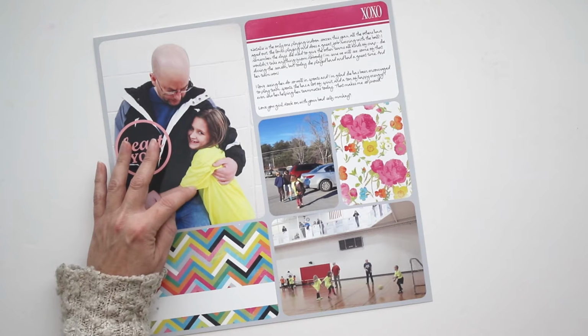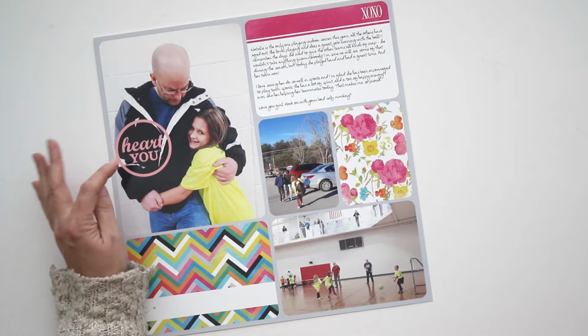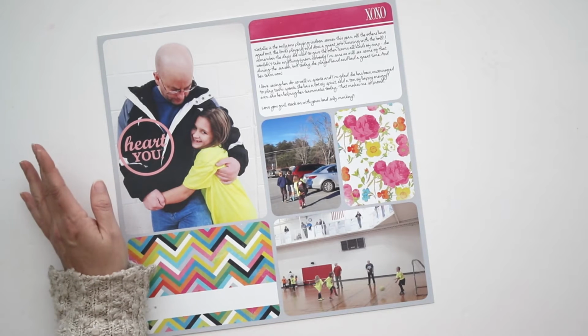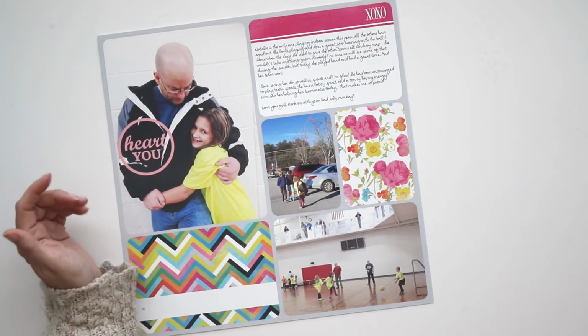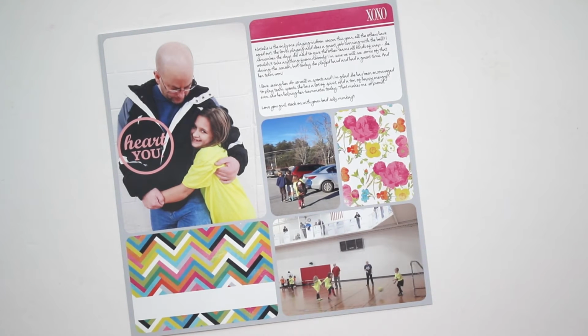And then I also edited this photo in A Beautiful Mess, their app called A Color Story, and I think I used like the pop filter or something like that. It's in one of the basic ones that you don't have to pay for. And just bumped up some of the colors a little bit and used the color curves to brighten it. When you're photographing in the YMCA, it can be a little dingy. The colors are a little dingy looking,